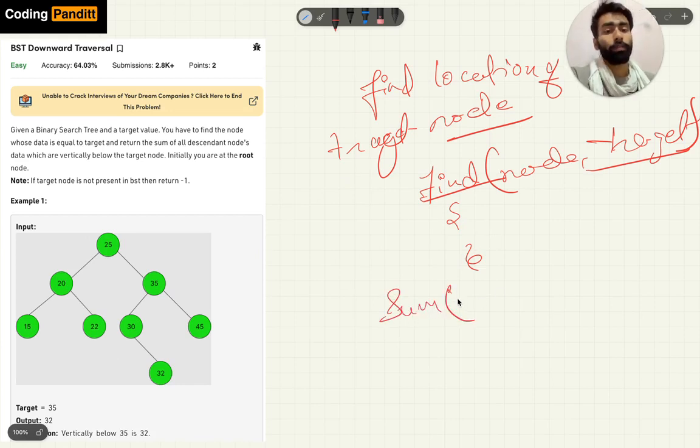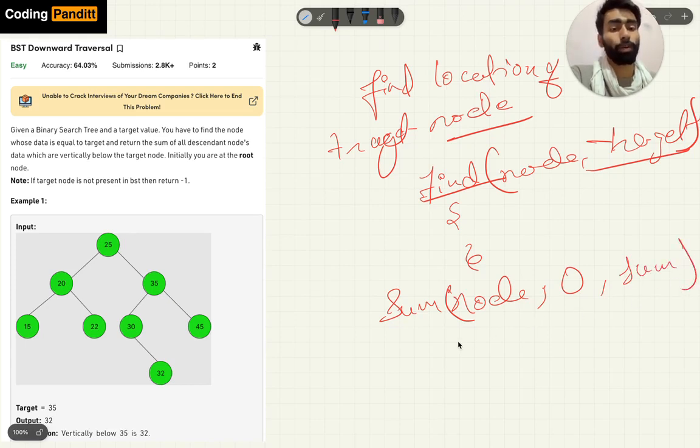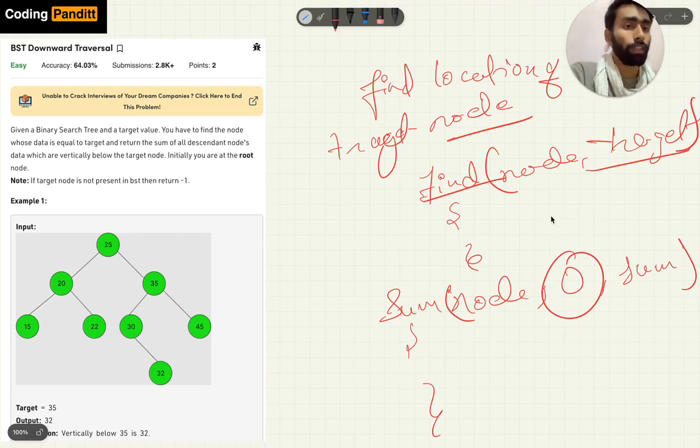Here we will send the target node, the label, and some parameter to add all the values together. This label will be incremented in case of the right child, and decremented in case of the left child, to make sure that only these values are added, and not these values.